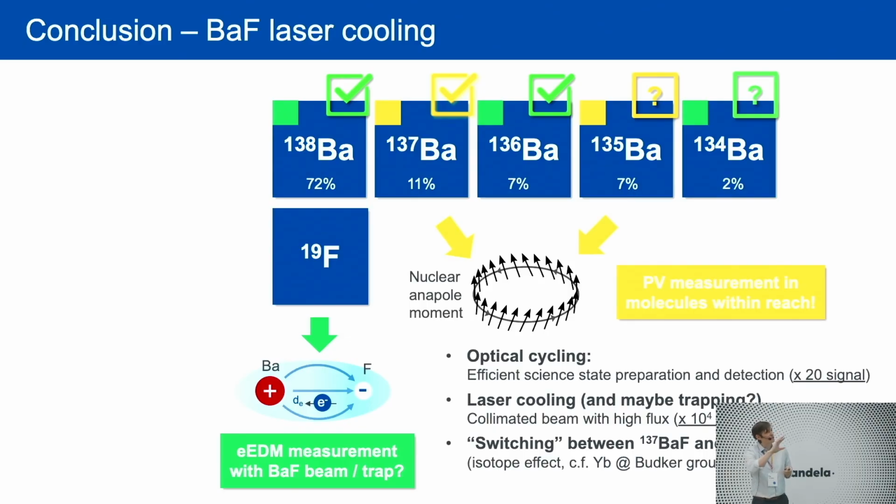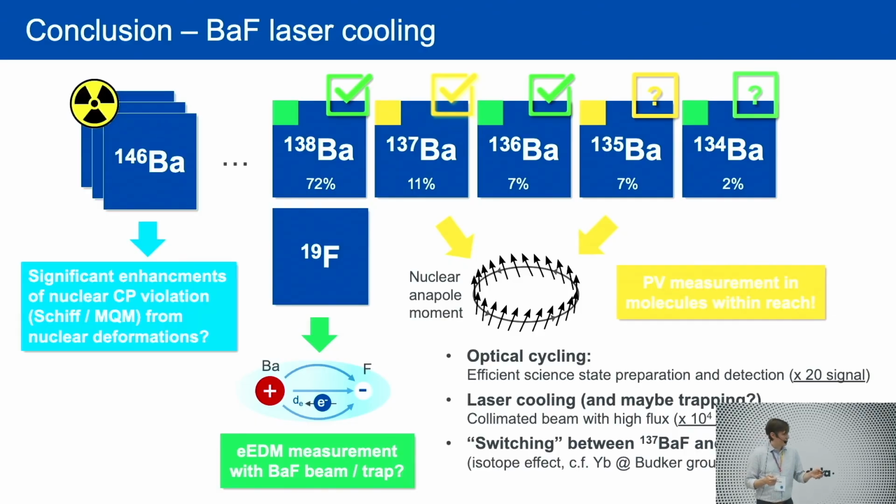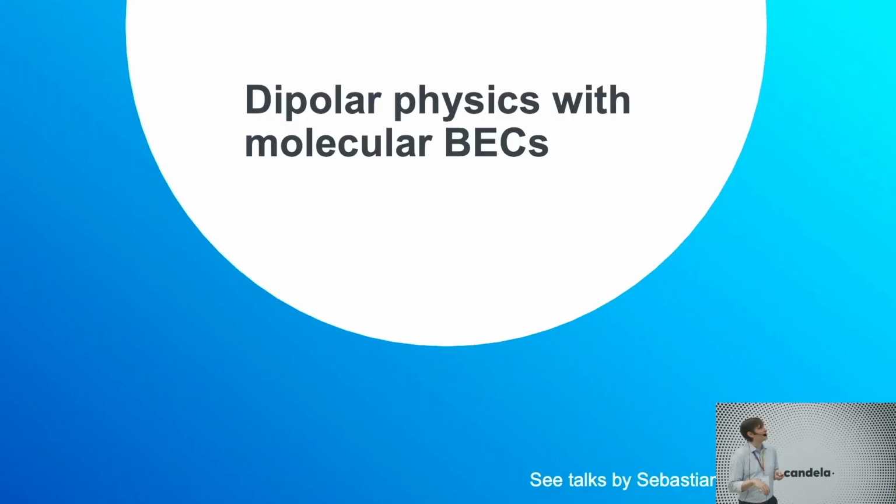Okay, so what I've shown you is just going to be a very big game changer for precision measurements with the fermionic barium fluoride, orders of magnitude more signal, and we will learn about anapole moments hopefully soon. What I briefly want to mention is that you can push this also into this very fashionable radioactive molecule regime. There are some interesting isotopes of barium for this also, and then you can maybe even measure EDMs using these techniques in nuclei. Good. Now, I have 2 minutes left, so I have to be quite quick.